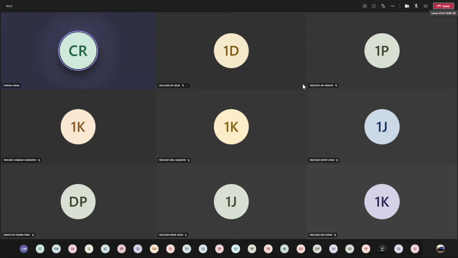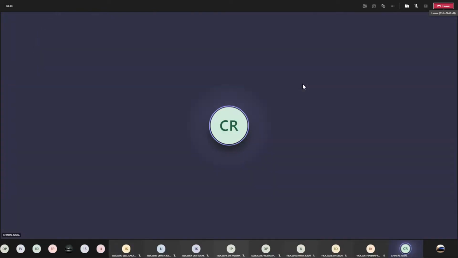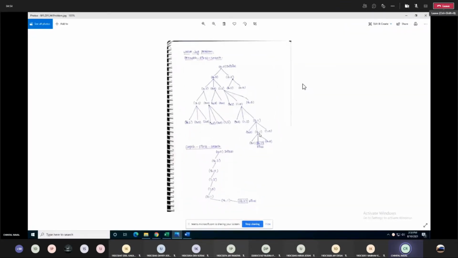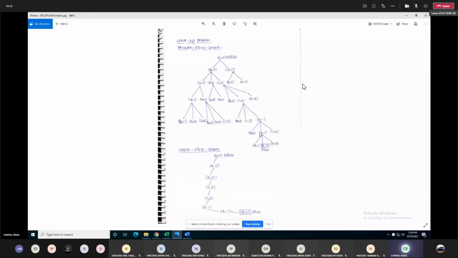So now look at the screen, I'm sharing. This is the breadth first search and depth first search solution using the water jug problem.